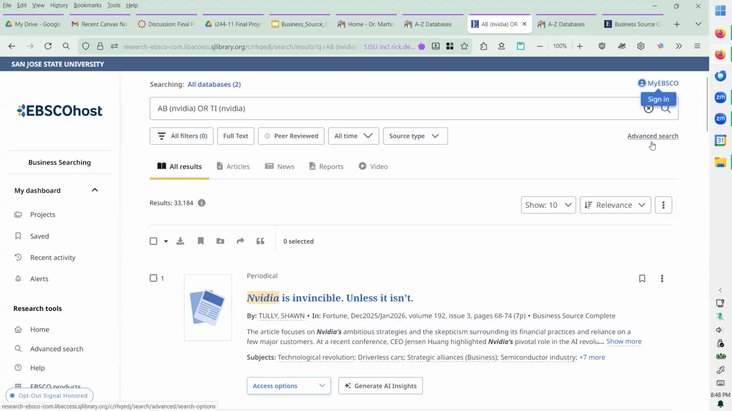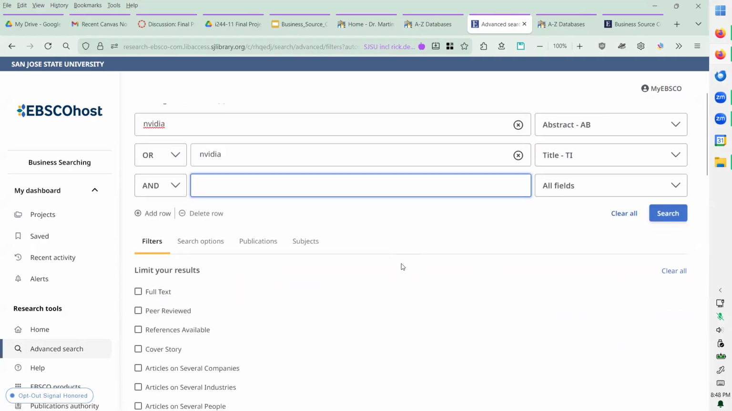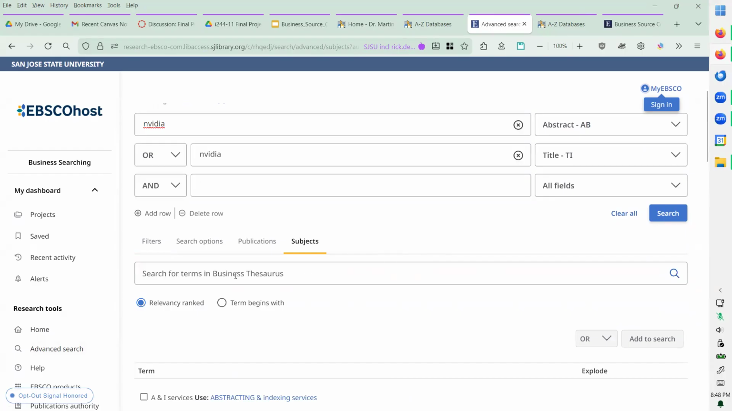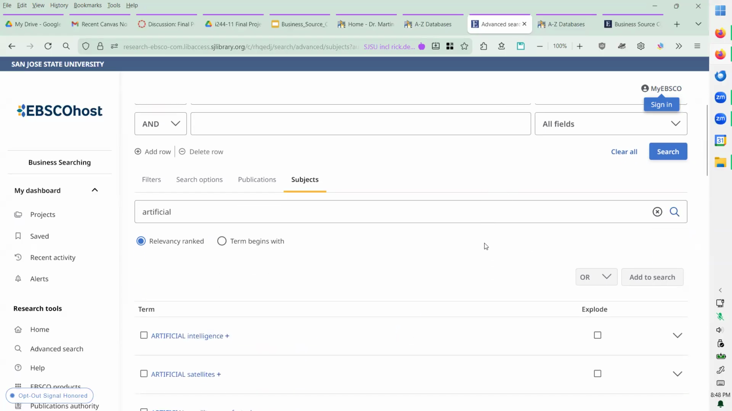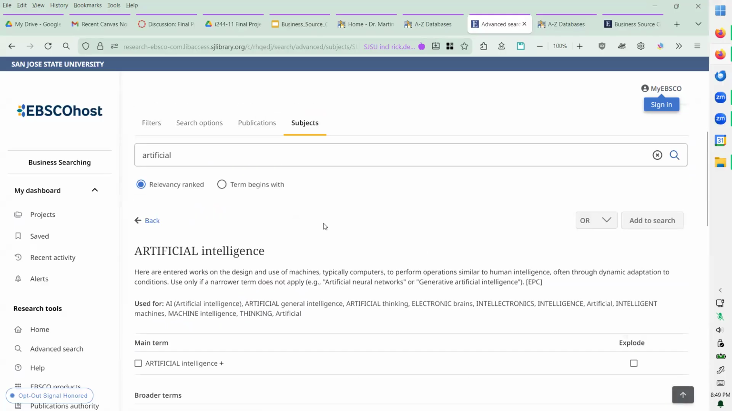And it kind of pushes us out of advanced search and shows us the search string. So let's go back to advanced search. And let's look at one of the really cool features of Business Source Complete under subjects, this business thesaurus. So nowadays, NVIDIA is positioning itself as an artificial intelligence hardware provider. So here is artificial intelligence